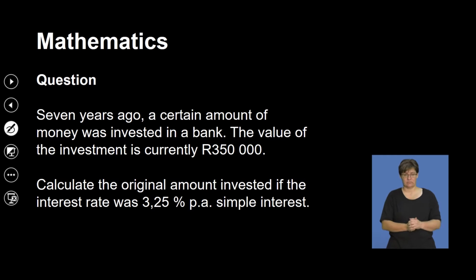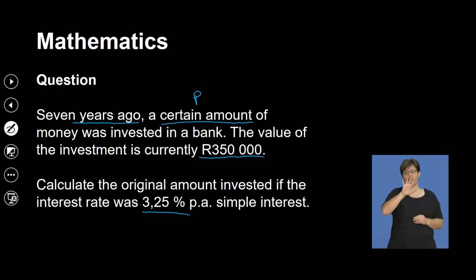The second question, 7 years ago, so this is in the form of past tense, a certain amount of money was invested in a bank. Immediately they say a certain amount of money, we know that's the value of P that we do not know anything about, but the value of the investment is currently sitting on 350,000. So the accumulated amount after 7 years became 350,000. Calculate the original amount invested if the interest rate was